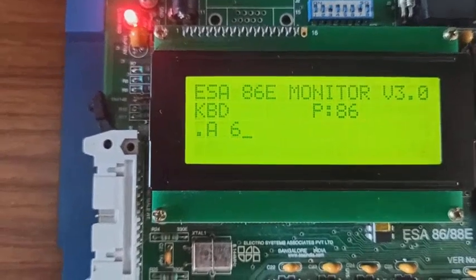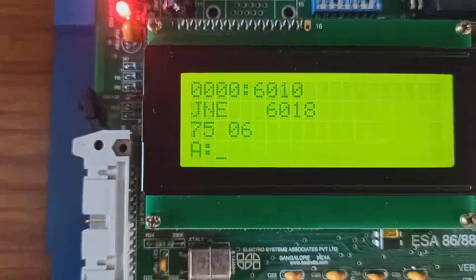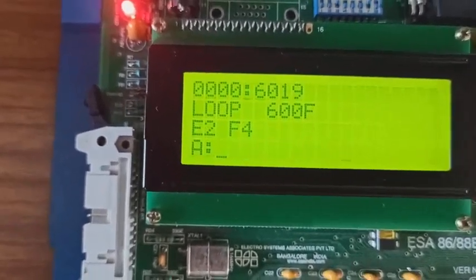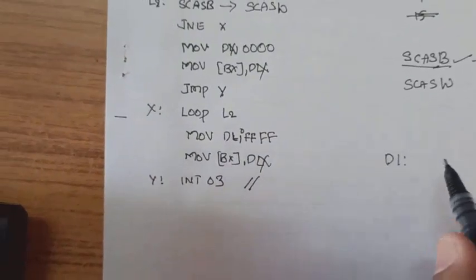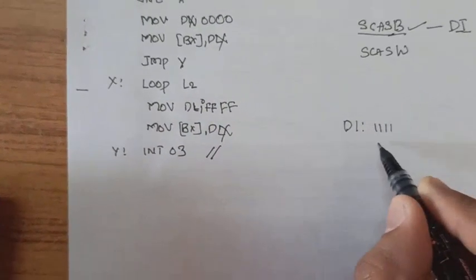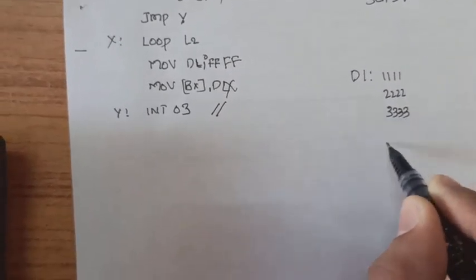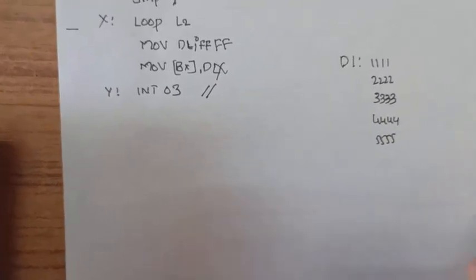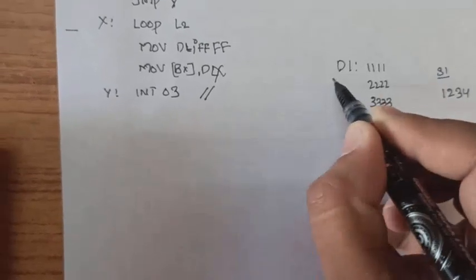The program for scanning a word string is typed here using scan string word, and all the registers are changed into DX. Now for this, program inputs should also be in word format. So the input string should be given in a word format. Let us take this data. I have taken this string data and I am scanning for 1 2 3 4, which is loaded in SI.